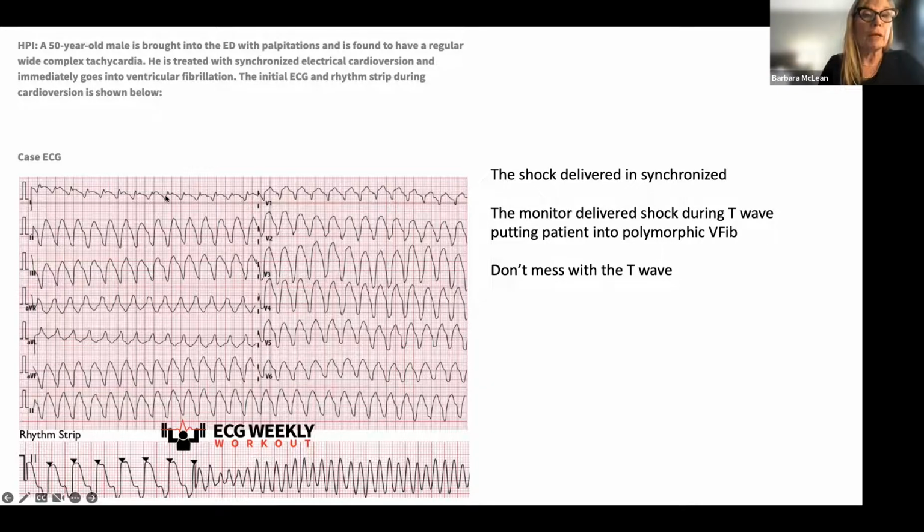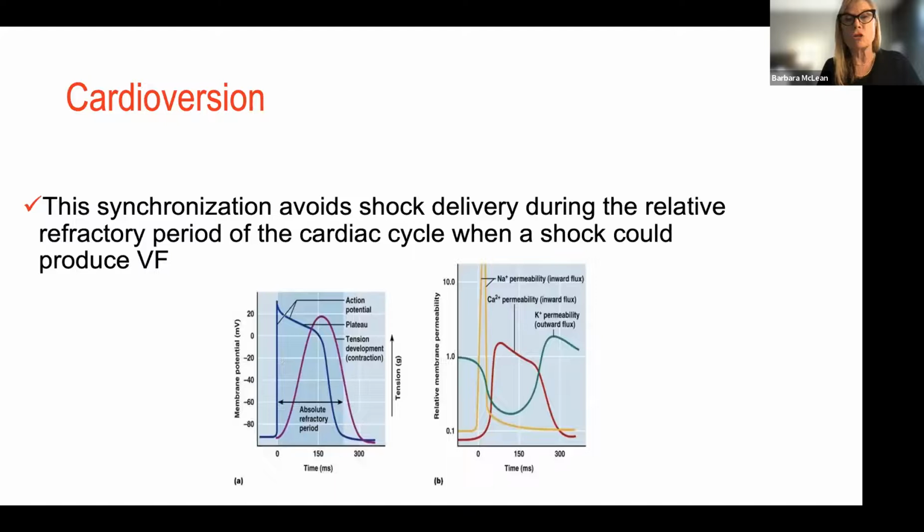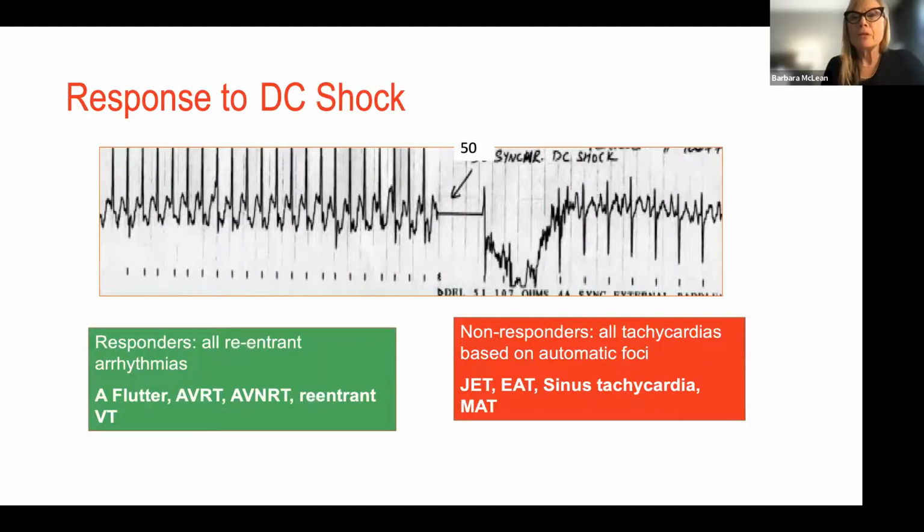This would have been a better lead, right? Because here's your QRS, and then you can see that you really have that inverted T. So the monitor should have been able to differentiate that, and it would say, okay, we're not going to apply our synchronized cardioversion during the T wave. I'm going to do it outside of that T wave window. And so the monitor has to be able to differentiate it. Okay, so